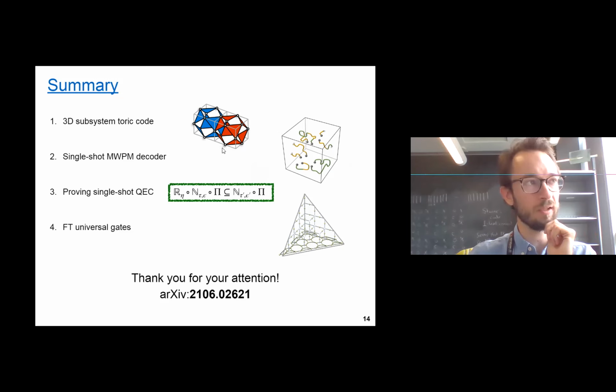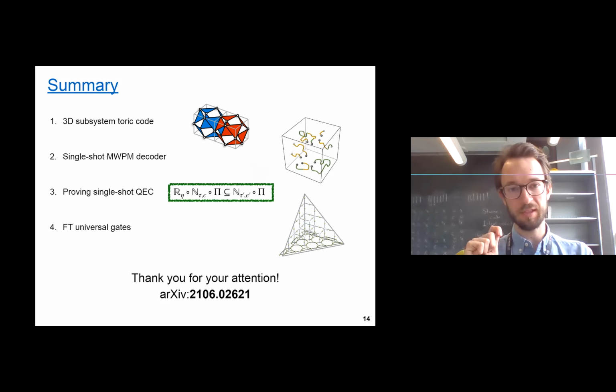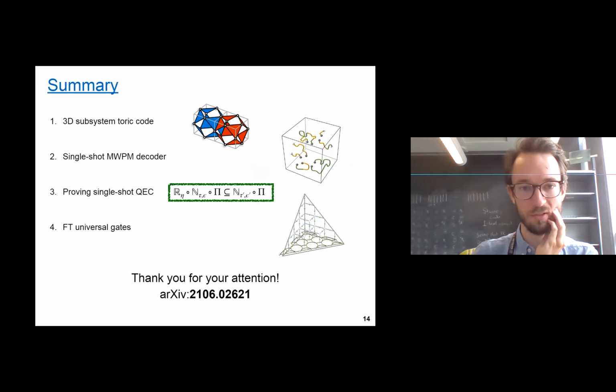I could also say, okay, no, I'm going to have weight 3 X stabilizers and a weight 12 Z stabilizer. But you see that these two choices are just a translation going on between them. So I have this symmetry between X and Z here, which is the thing that's important. And this is a property of